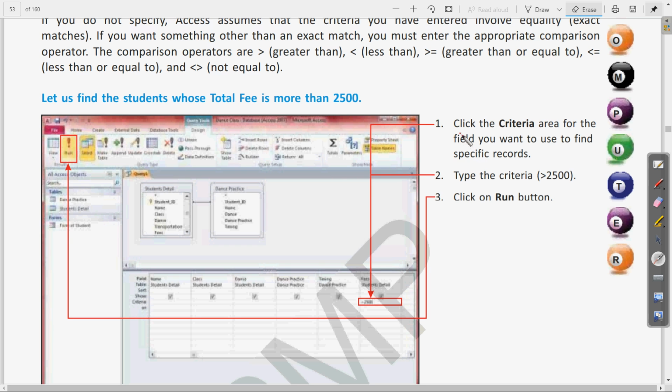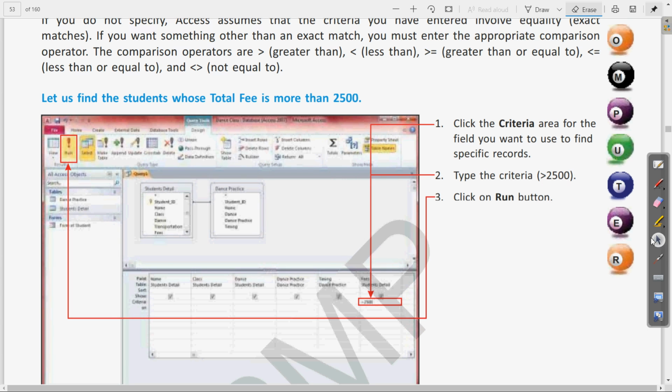Click the criteria area for the field you want to use to find the specific records, and in the criteria you will write greater than 2500 and click on the run button. Clear? So this is the step. Whatever mathematical operator you have to use, you can write in that particular field. Let us try to do this.